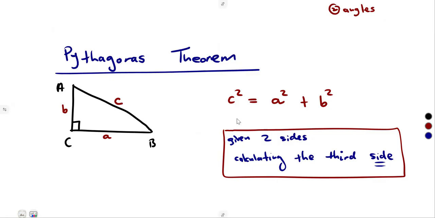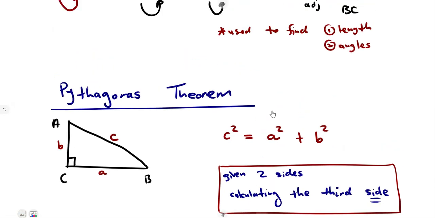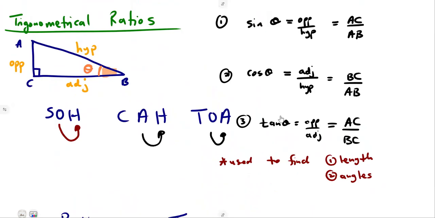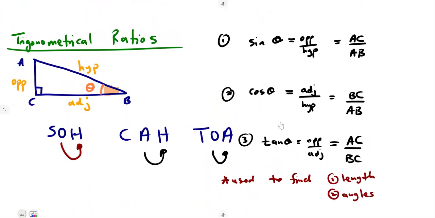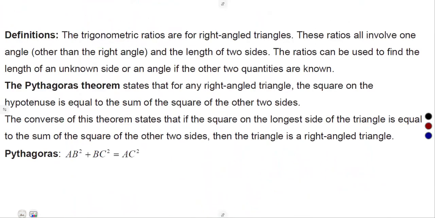So like I said, guys, here we are just having what we call a recap. We're not going to waste our time. This is what you're going to need, the part of your definitions. The trigonometric ratios are for right-angled triangles. These ratios all involve one angle other than the right angle, and the length of